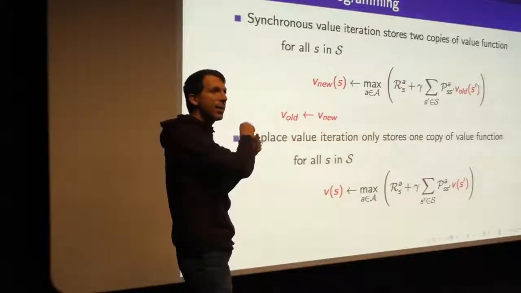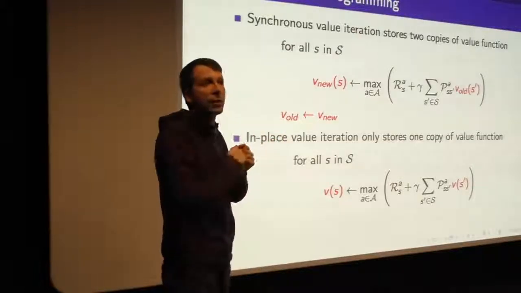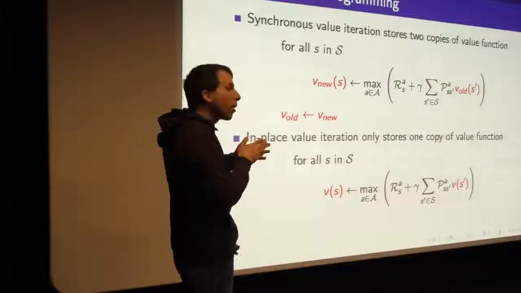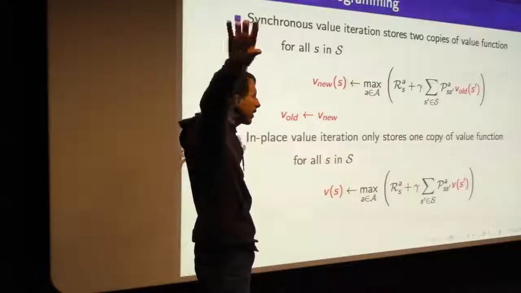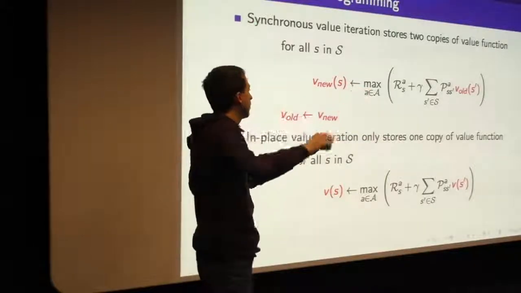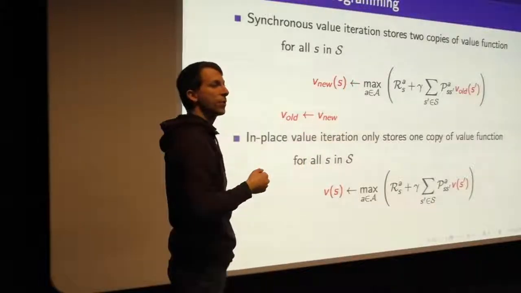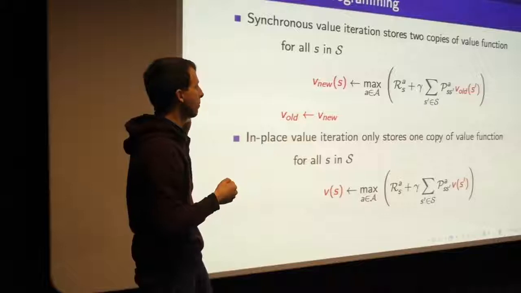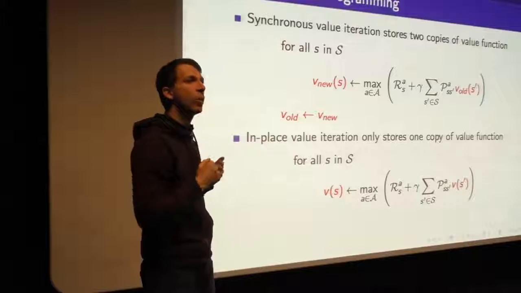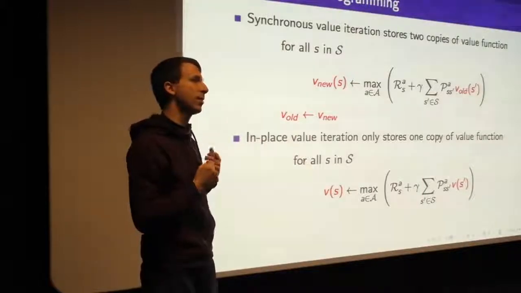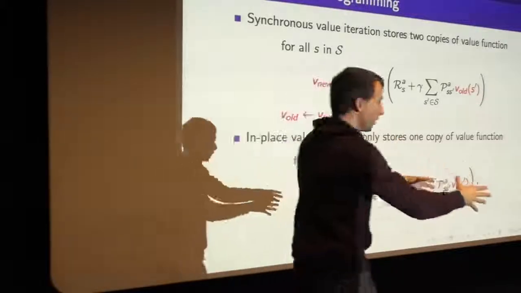The only question now is, how do you order states so as to compute things in the most efficient way? It turns out, in some problems, you can be much, much more efficient. So imagine you've just got a single corridor, and you happen to sweep over your states in a goal towards source direction. Then it turns out that in-place value iteration in one sweep through all of your states will have already computed the optimal solution. You don't need n different sweeps,